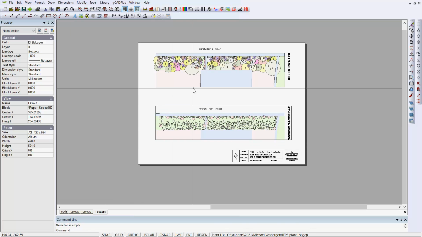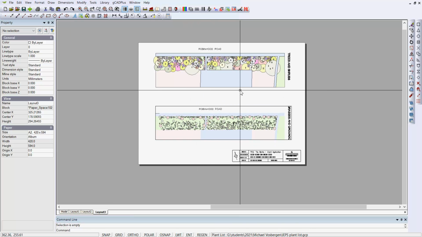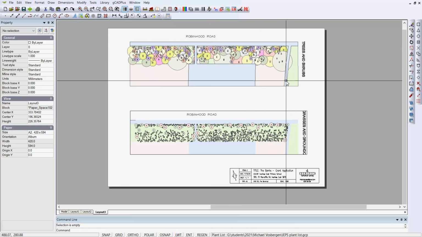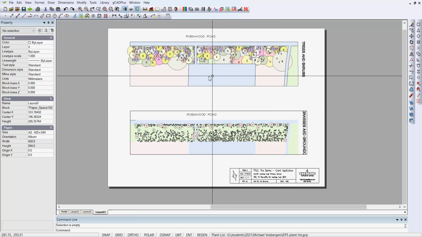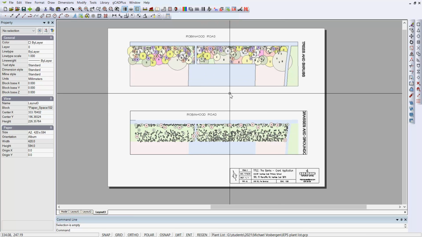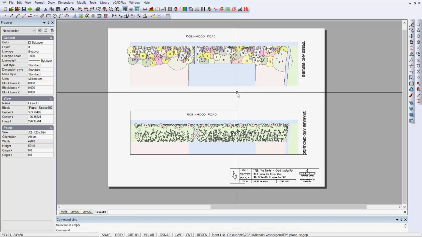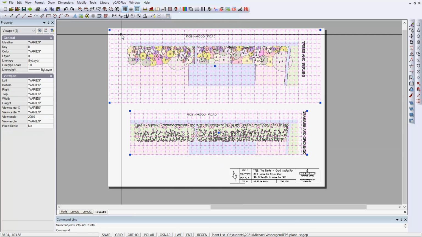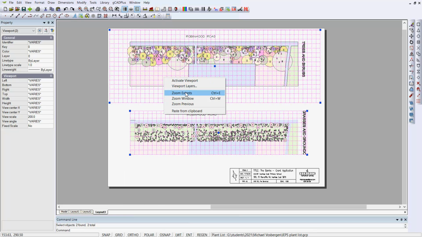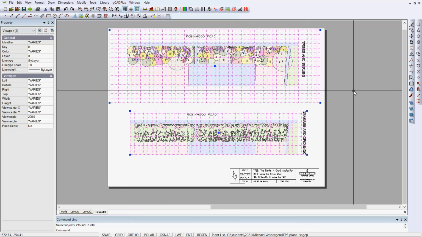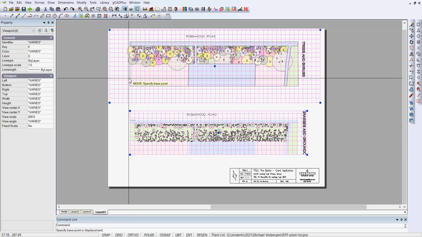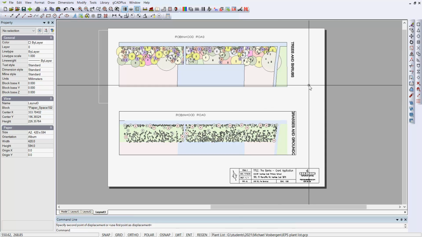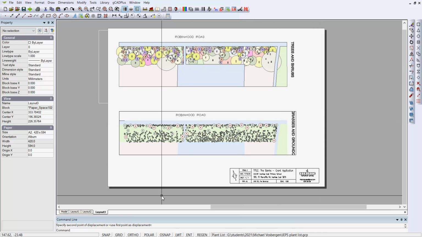Now the next thing to do is we clearly need some labels for roads and the path and so on, and we need to incorporate the legend into this diagram here. So we might well grab both of these floating viewports and move them across like so, and we've got room to pop a legend in there now. So same trick,